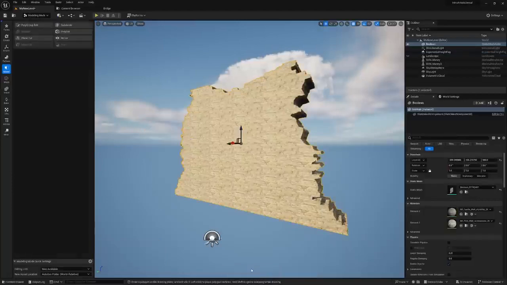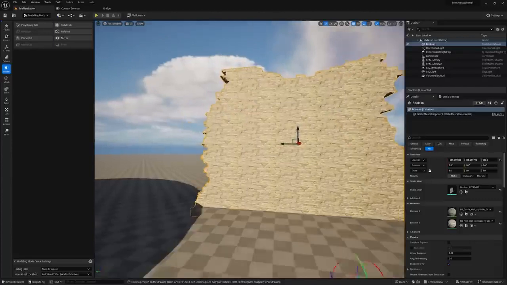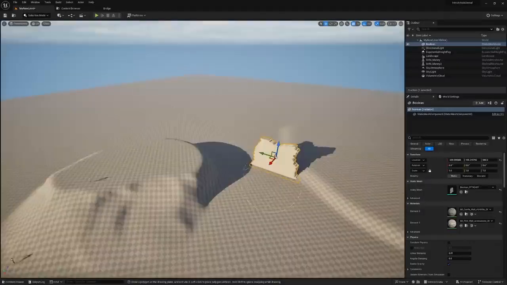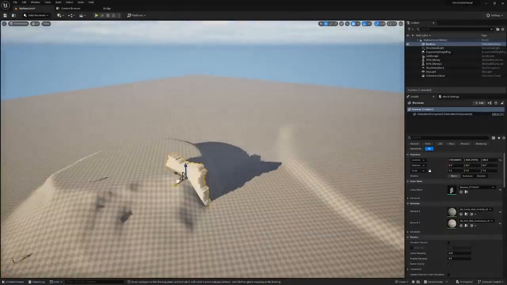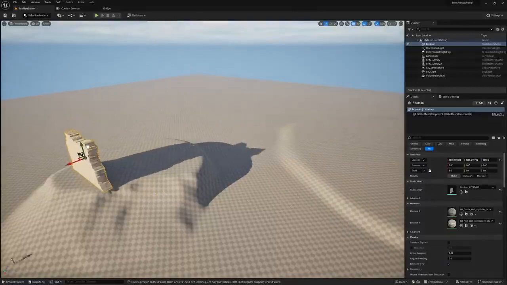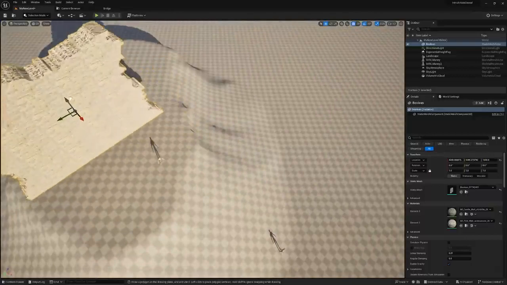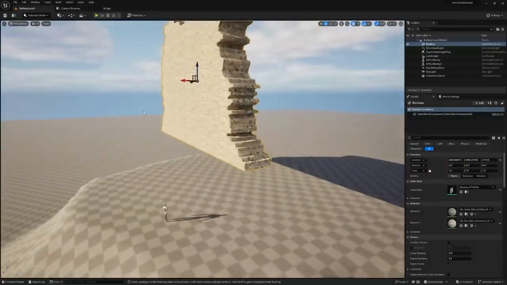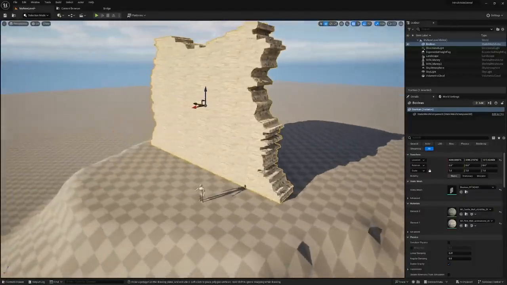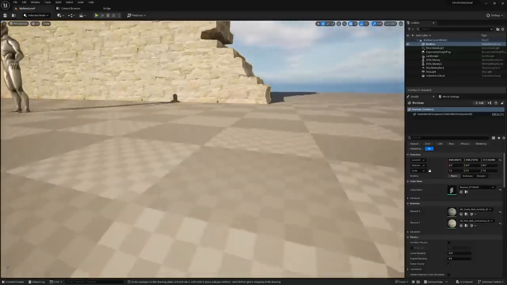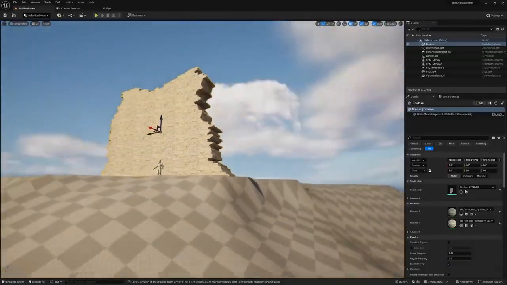Now that we have this, our destroyed mesh, it's ready. We can just go back here and put it in position, just where it was. If you want it to snap to the landscape, I show you a really nice trick. You can just press End, and the mesh will snap to the ground. Now that we have this,